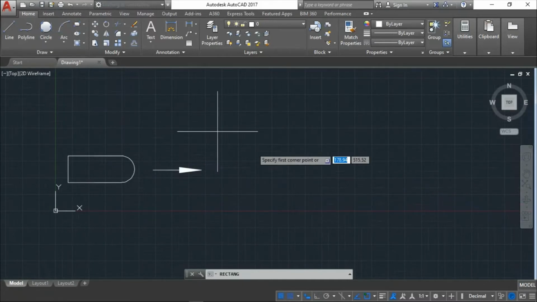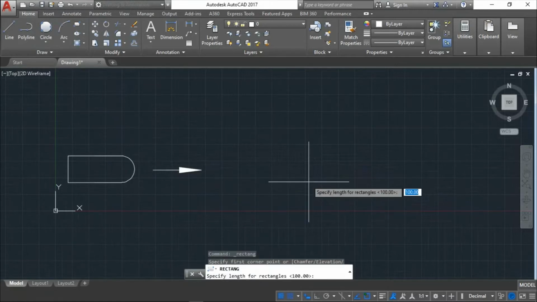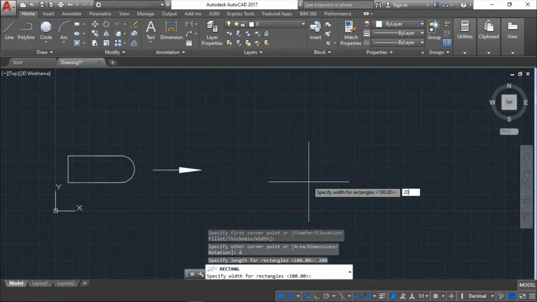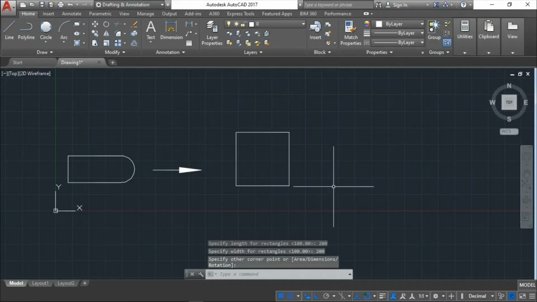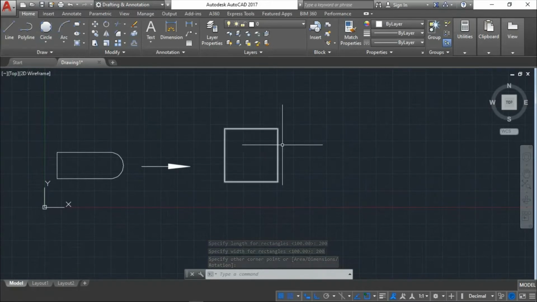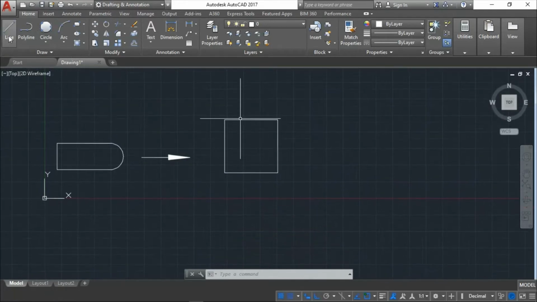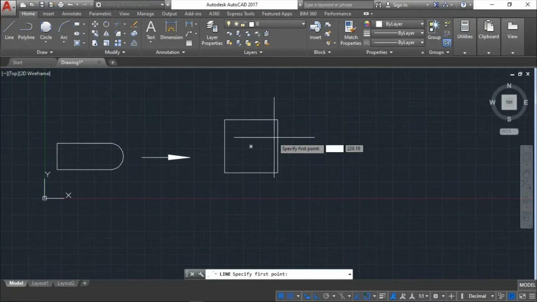One more thing, for example, now I am going to create a rectangle here, 200 by 200. So I have created a rectangle here. Now I need to make a vertical line from this point for 50 mm. When you select line, there will be no indication, but I need to draw a line 50 mm from this corner edge.